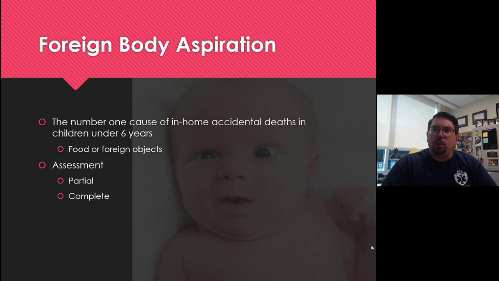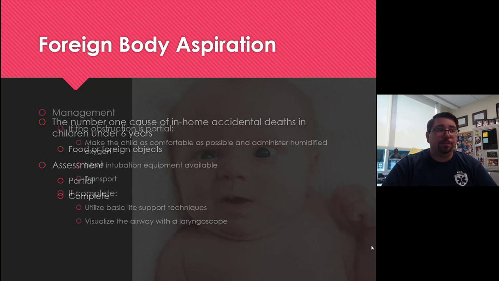The big assessment component we're going to look for is the difference in a partial versus complete obstruction. A partial obstruction can lead to hoarseness, abnormal sounds, stridor-like issues, but the child will still be able to move some volume of air. With a complete obstruction, there's no air moving in or out of the child because of the obstruction, and that becomes